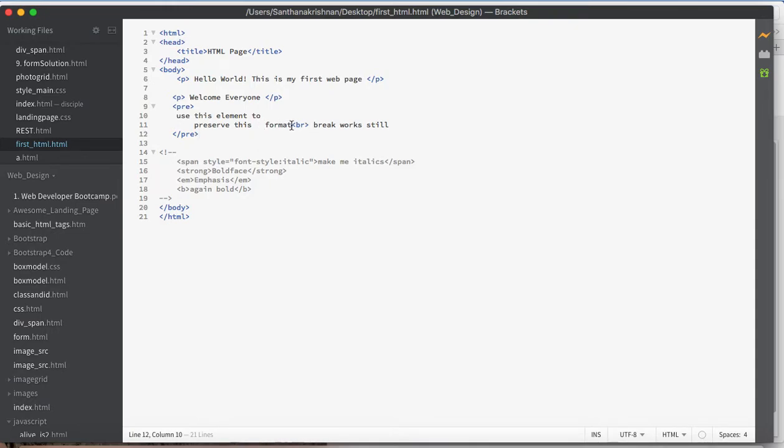Then here there is one HTML element called break. Break means it will bring the remaining section onto the next line, so it will insert a line. That's the purpose of the BR HTML element. This is the break element, followed by another break. And we are closing the pre-formatted tag, and let's have a look at the output.